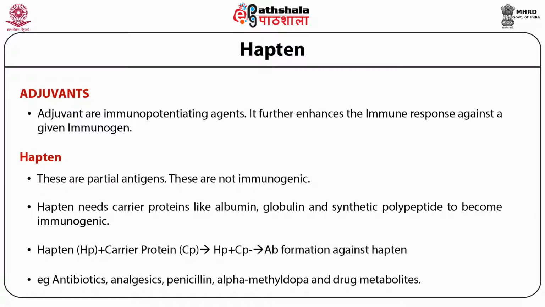These haptens are mostly, you can see, penicillin, small steroid molecules, small thyroid hormone molecules. All these molecules are very small. You cannot generate an antibody unless you link them with carriers. So small haptens also play a major role as far as immunology and the diagnostics of disease are concerned. Once you produce an antibody against small molecules, you can develop diagnostics for various small molecules.